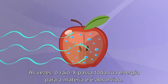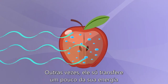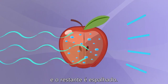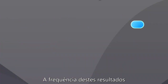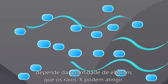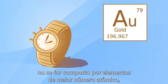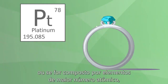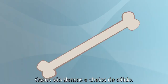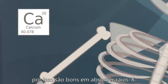Sometimes the X-ray transfers all of its energy to the matter and gets absorbed. Other times, it only transfers some of its energy, and the rest is scattered. The frequency of these outcomes depends on how many electrons the X-rays are likely to hit. Collisions are more likely if a material is dense, or if it's made of elements with higher atomic numbers, which means more electrons. Bones are dense and full of calcium, which has a relatively high atomic number, so they absorb